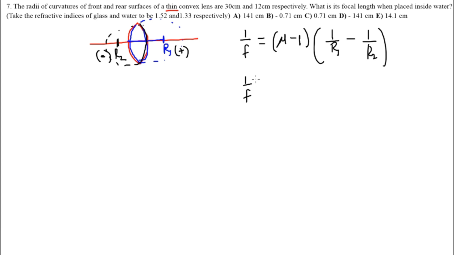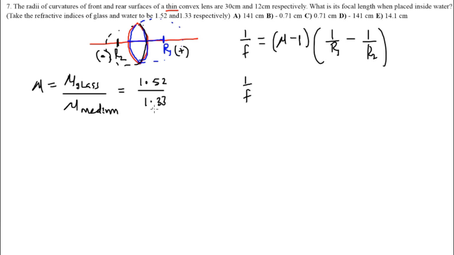Or I can just decide to use it directly, but r1 is the radius of curvature of the front surface, r2 is the radius of curvature of the rear surface, while mu is the refractive index that shows the relationship between the glass and the medium that is surrounding it. For instance, in this particular question, we have a glass that is inside water. So we are going to compare it by saying the refractive index of that particular glass upon the refractive index of the medium that surrounds it. So the refractive index of glass as given in this question is 1.52 upon